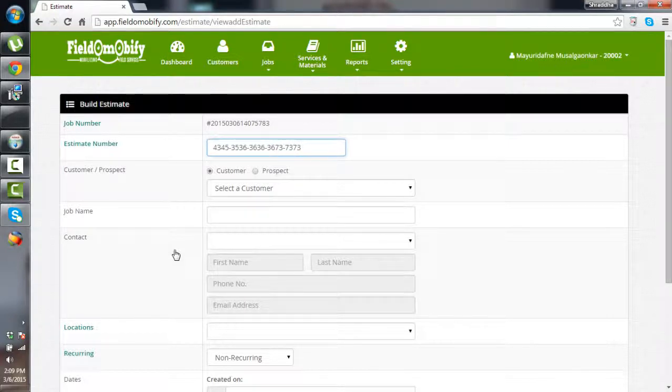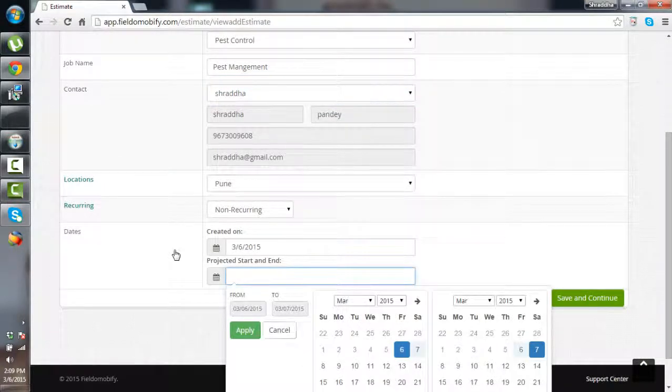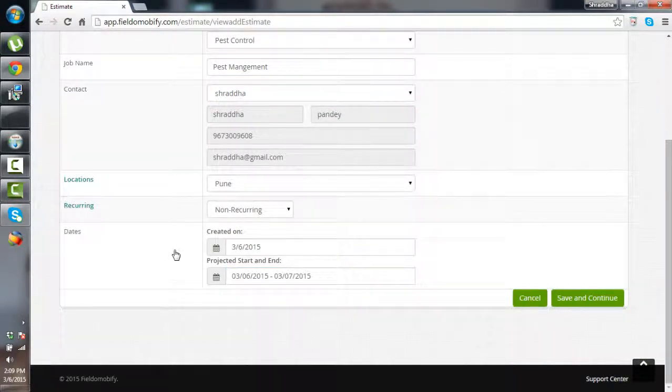We need to provide the estimate number and job name, select the customer, select the contact, and select the start and end date of our project. After saving,